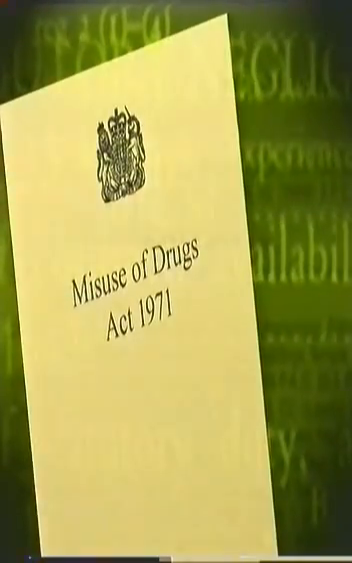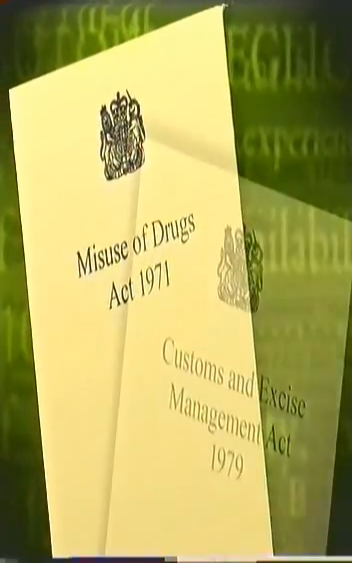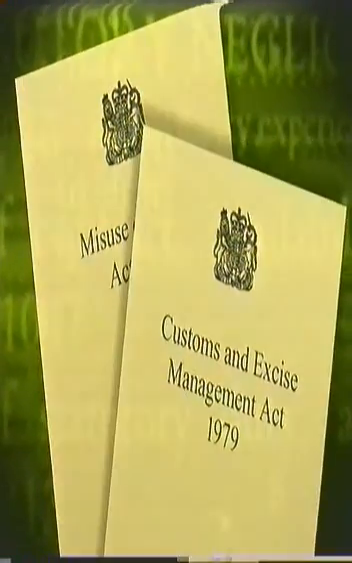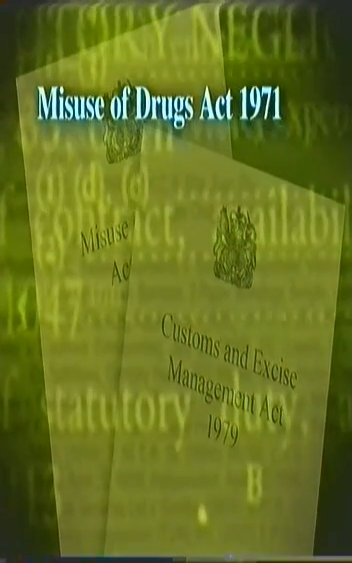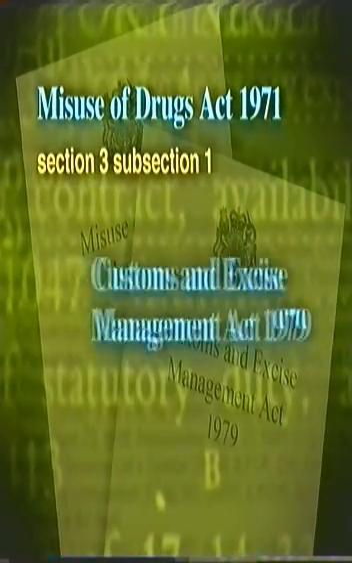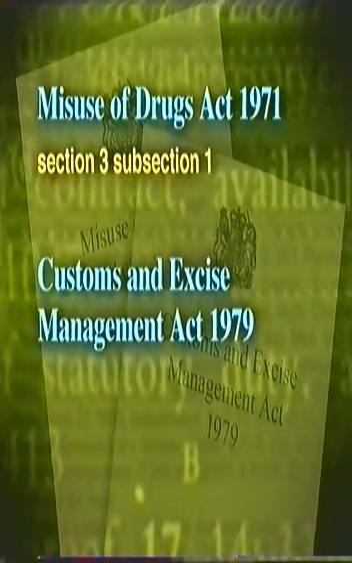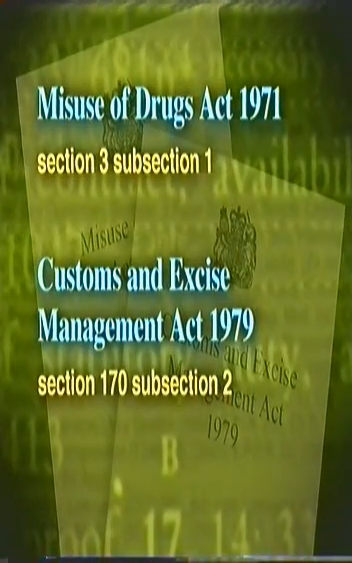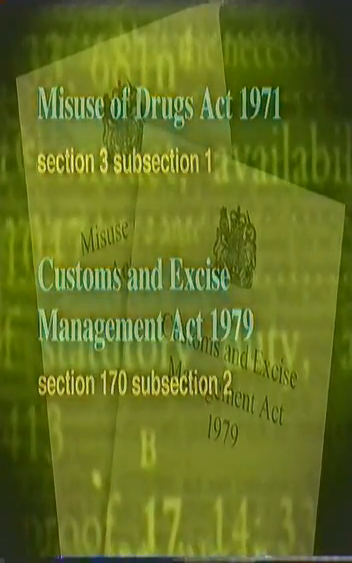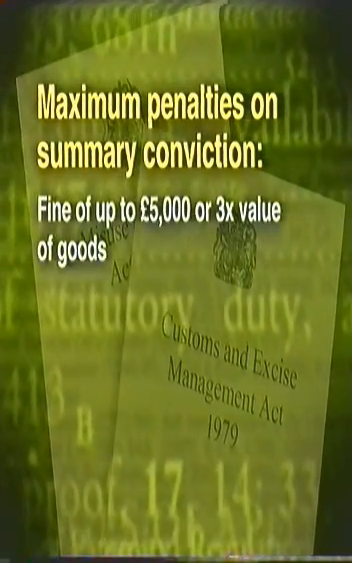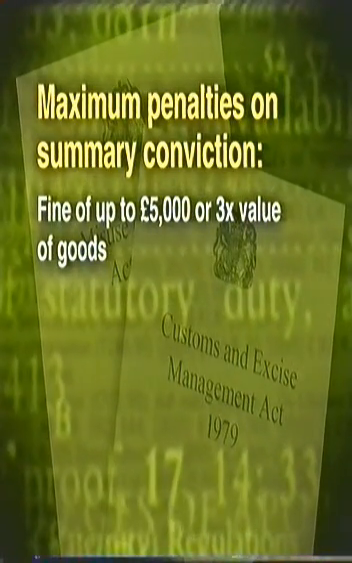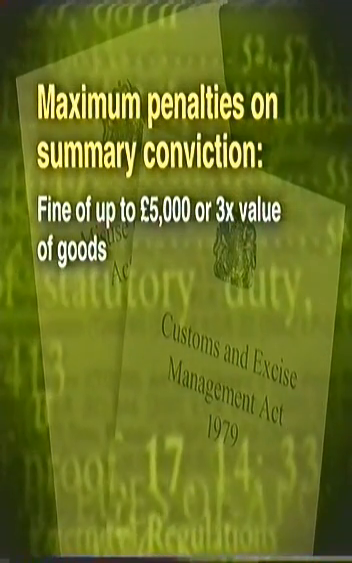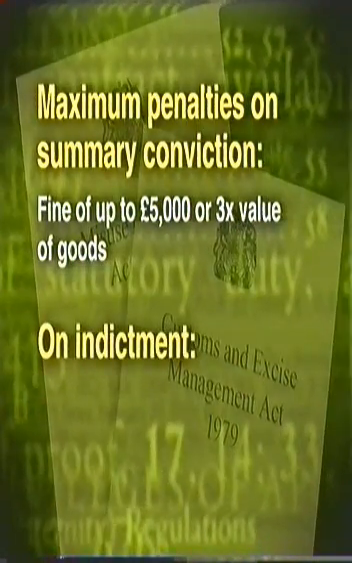So this is what Jabeen found. The relevant sources in relation to the penalties for importing cocaine are the Misuse of Drugs Act 1971, Section 3, Subsection 1, and the Customs and Excise Management Act 1979, Section 170, Subsection 2. The maximum penalties Carl could face are, on a summary conviction, a fine of up to £5,000, or 3 times the value of the goods, whichever is the greater, and on indictment, an